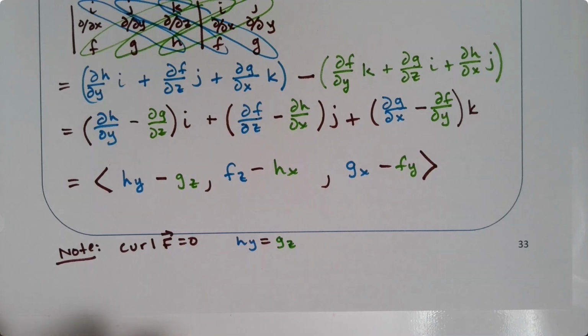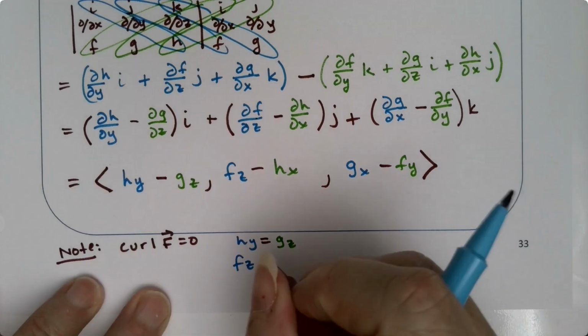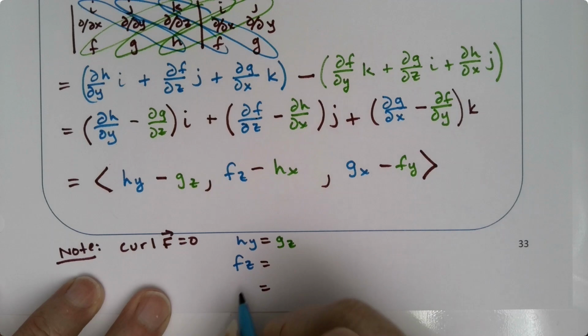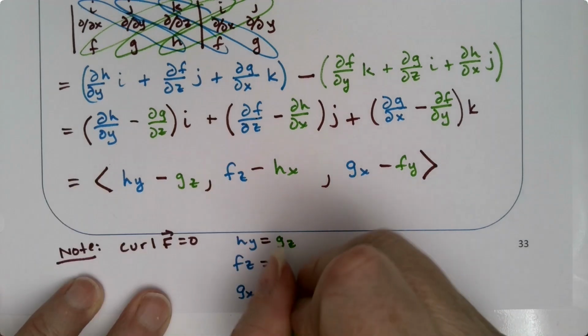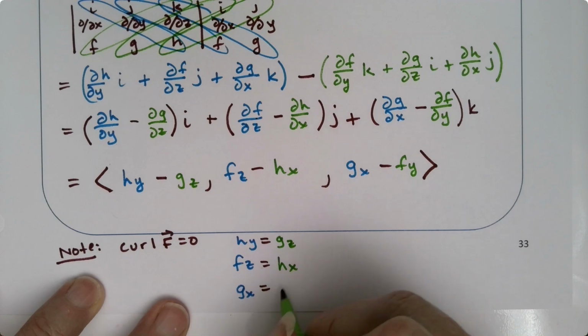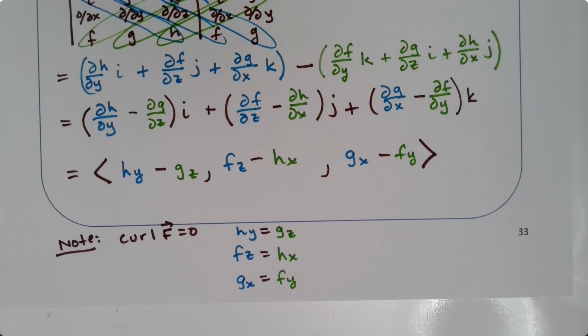This should be setting off little bells in your head. That would also mean that f sub z is equal to h sub x, and g sub x is equal to f sub y, which is the definition we learned back on the first